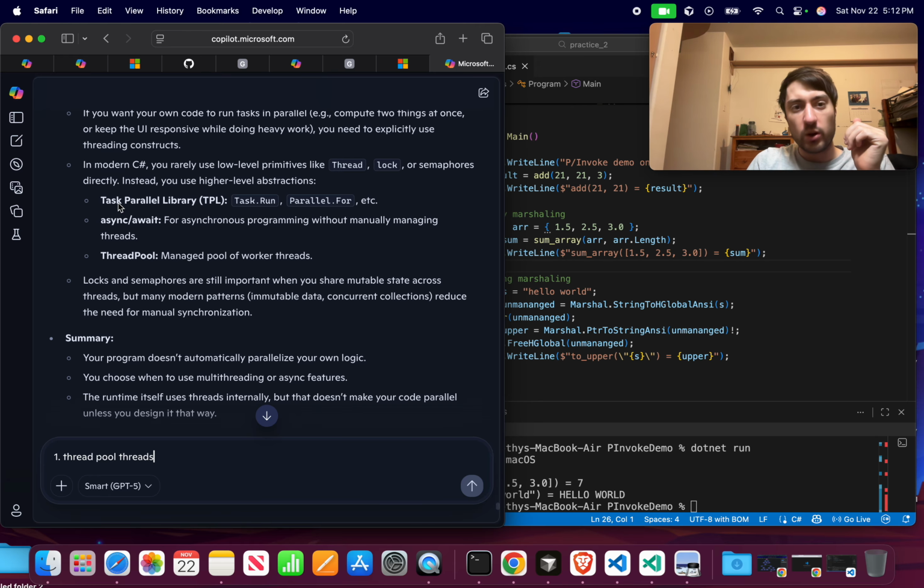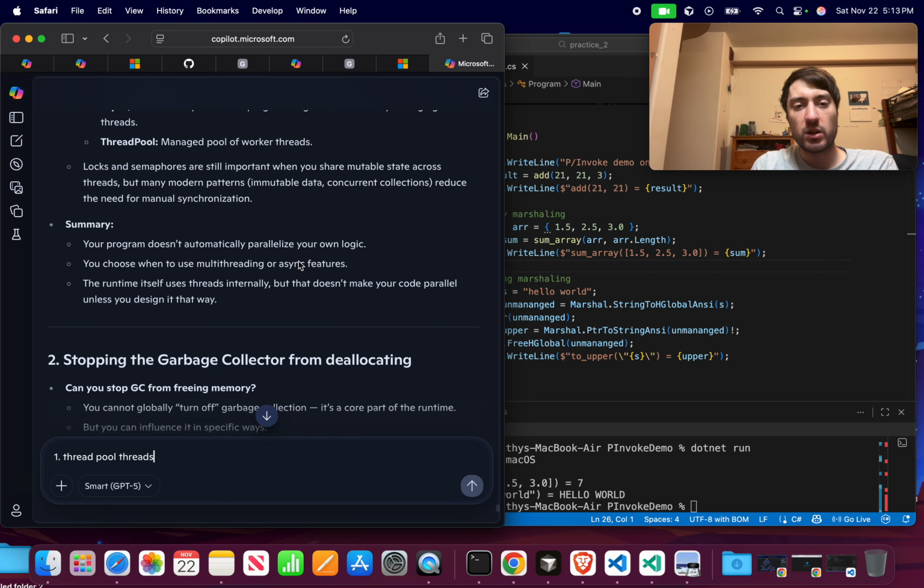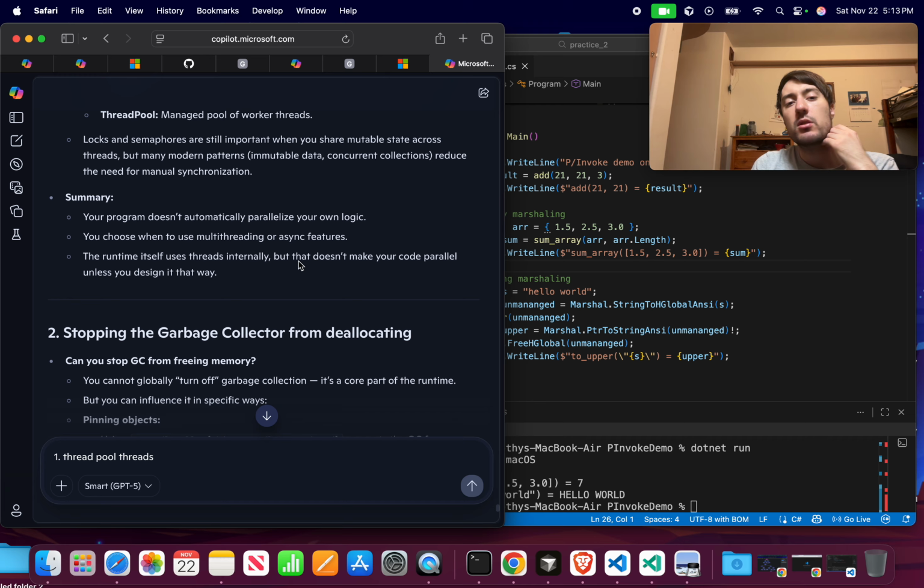Async await, just like in JavaScript, for asynchronous programming without manually managing threads. I didn't know that async was a threaded thing. Thread pools, a managed pool of worker threads. Locks and semaphores are still important when you share mutable state across threads, but many modern patterns reduce the need